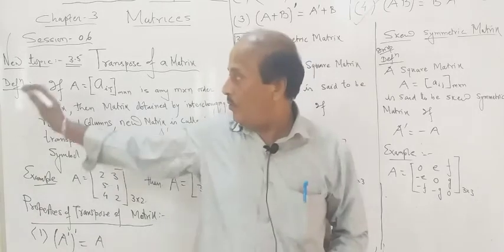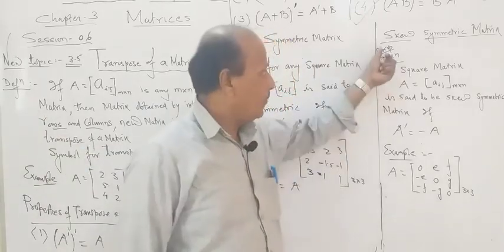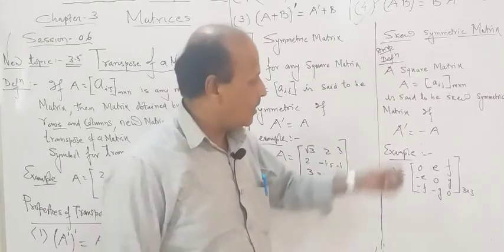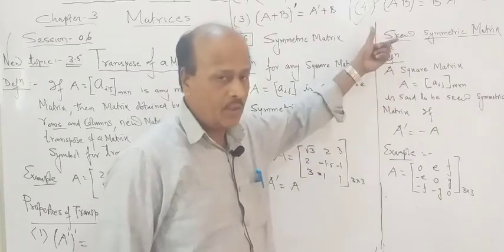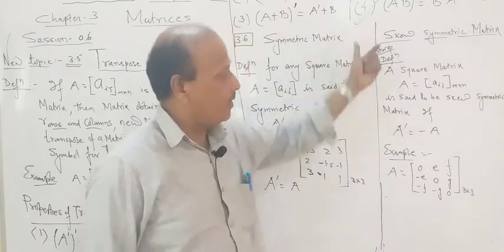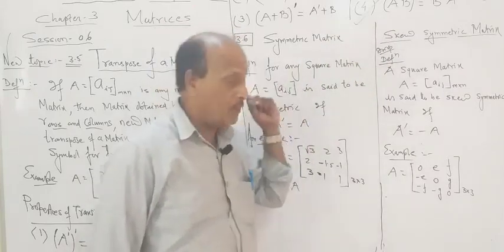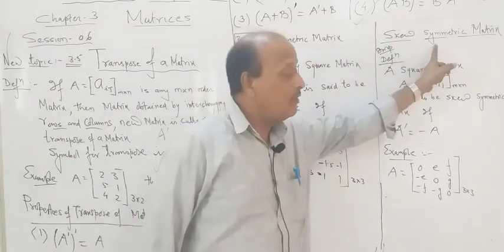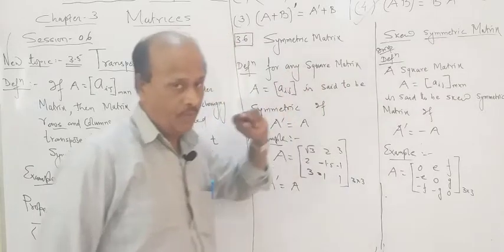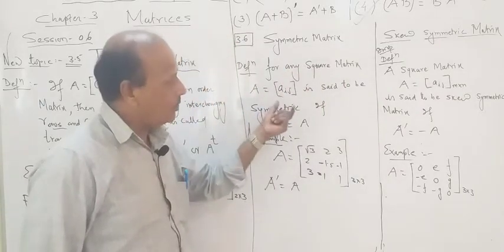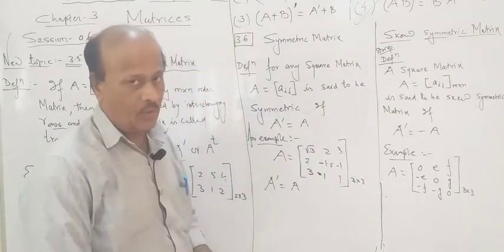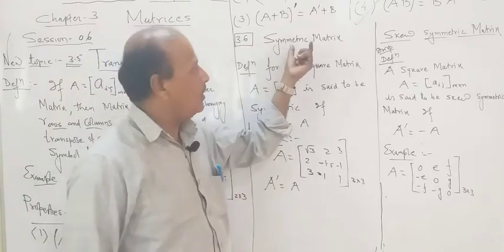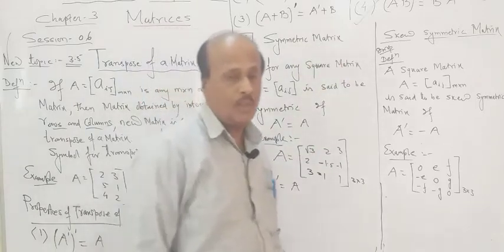Now after knowing this definition, two very important topics are there. In competitive exams also, it's a regular topic, and it comes in the board exam. There are two types of modified forms of the transpose of a matrix: one is called a symmetric matrix, another is called a skew symmetric matrix. First of all, we'll see that definition. There are many questions in our next exercise 3.4 that we are going to do in gradually coming sessions. First of all, let us go for the symmetric matrix. What do you mean by a symmetric matrix?